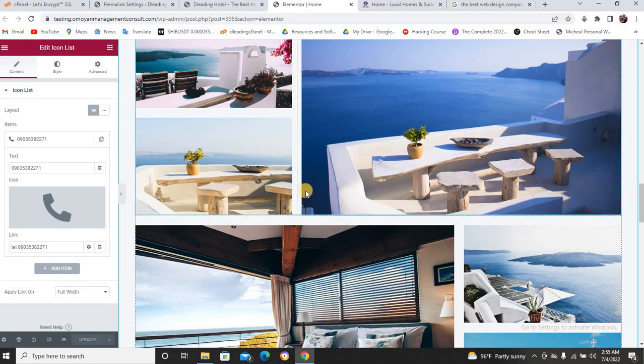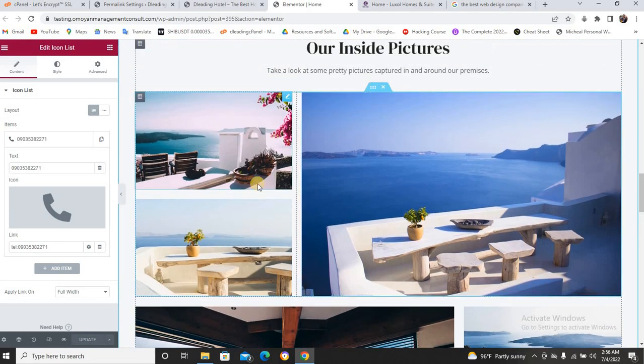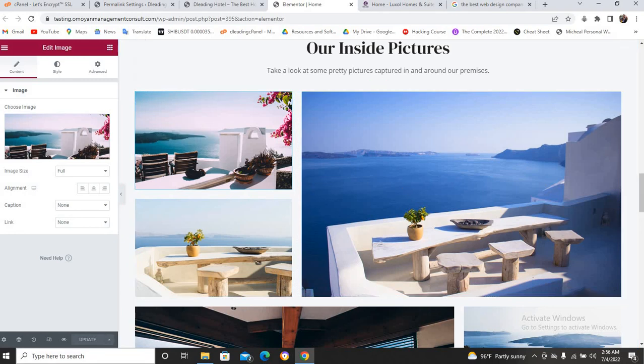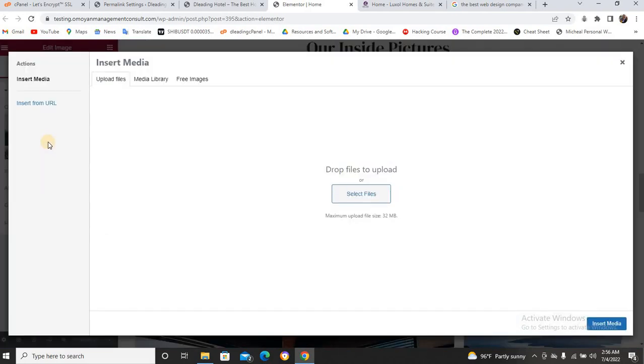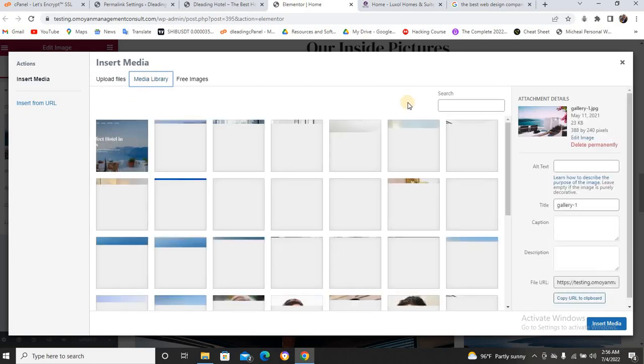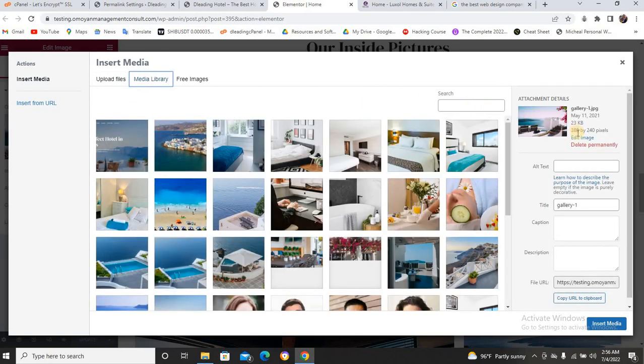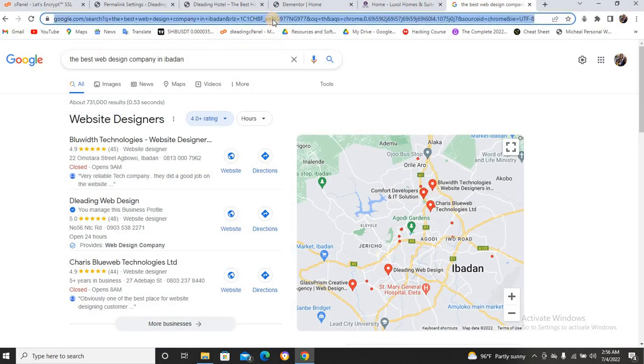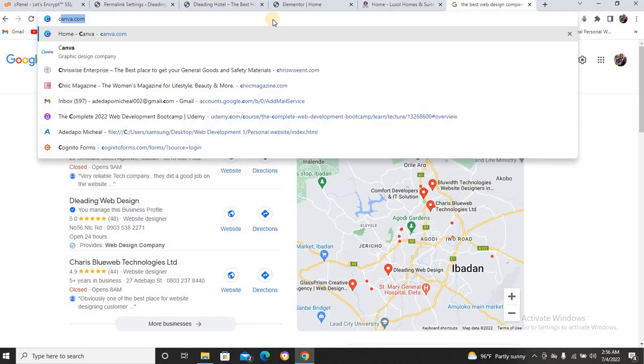Mind you, if you want to put the complete picture here, can you see this image is quite different? The size is different from the others. Now what you need to do is click on this image, look at the size, choose image, and you come to your media gallery, and you see this is the image they use. Can you see the size? 388 by 240. And you can come to your Canva, just type Canva,